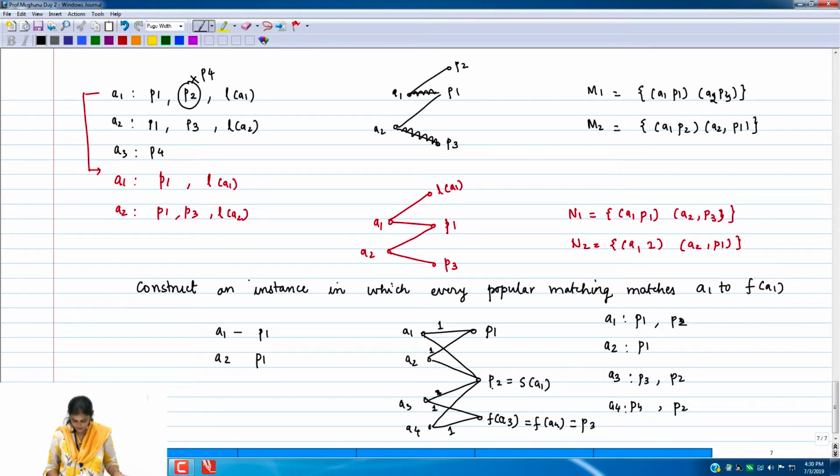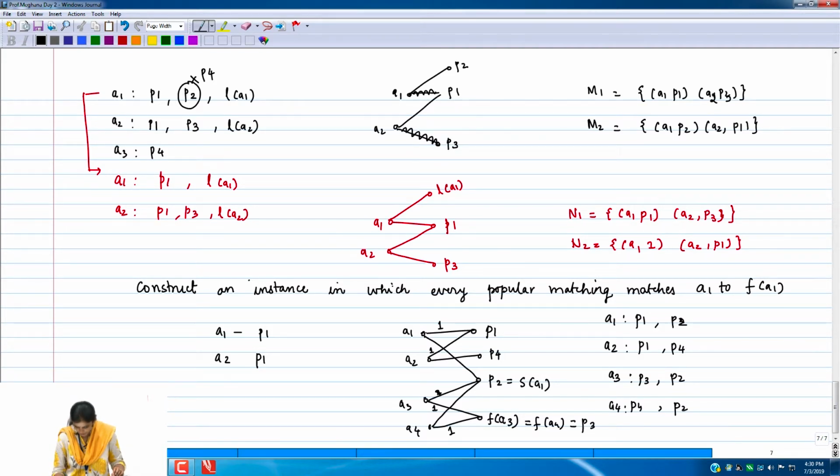If we fix it, this instance does not even admit a popular matching, because there are 4 applicants and just 3 posts. So if I do this, there is no popular matching. Then the central authority says, boss, this is not good. So therefore, I just don't do this. But if I let some other post be the S post of A2, then I am happy. I mean, this is P4. Then this instance does admit a popular matching, because there are enough posts now to be matched within the applicants.